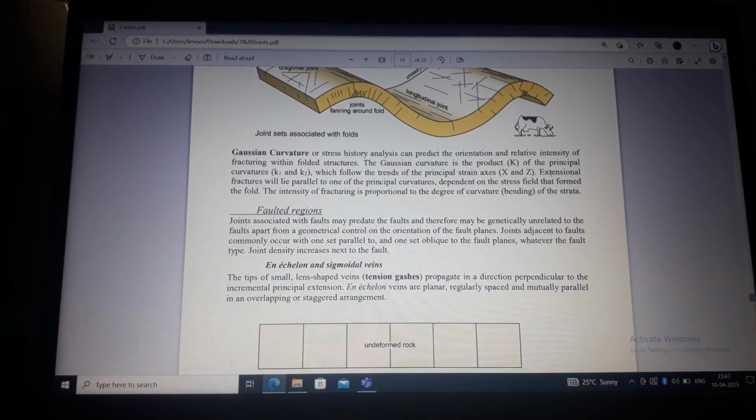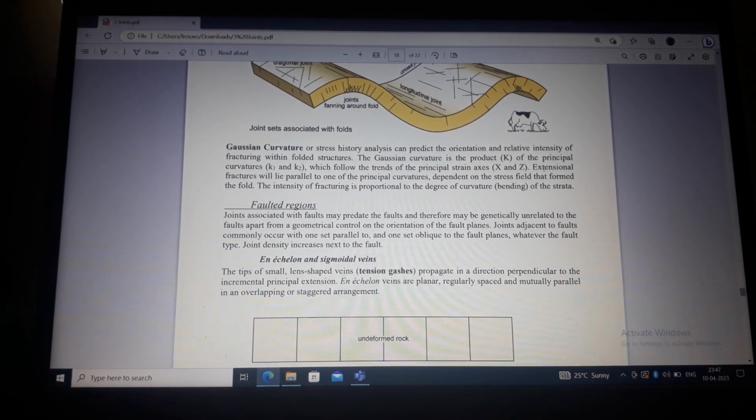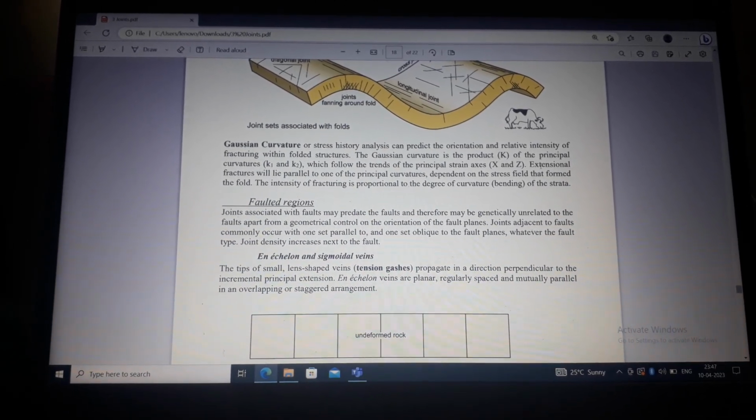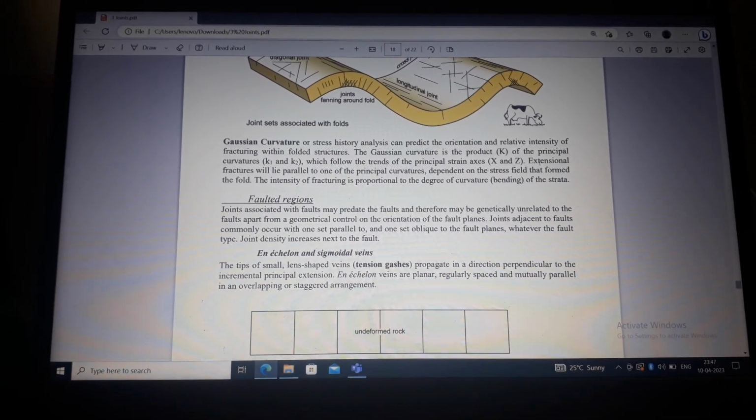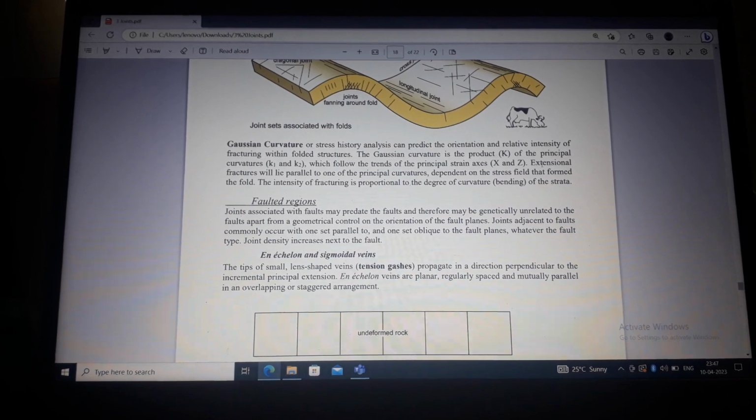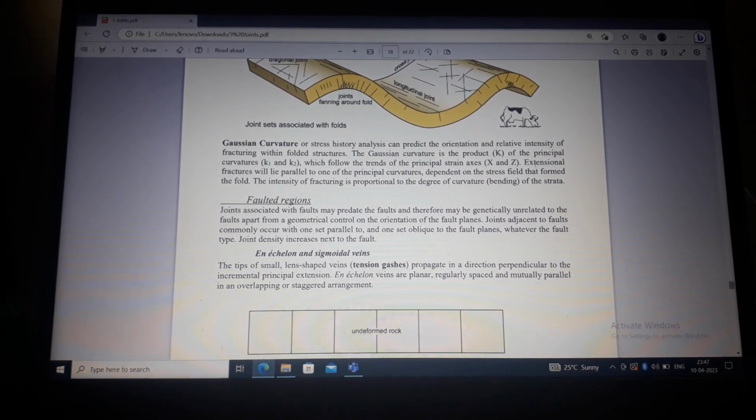The faulted regions, the joints associated with the faults may predate the faults and therefore may be genetically unrelated to the faults. Apart from a geometrical control on orientation of fault planes,